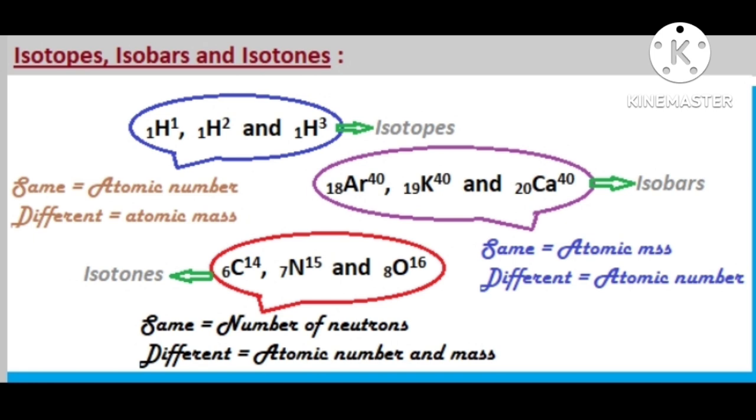For the isotopes, they have the same atomic number and they have different atomic mass. For the isobars, they have the same atomic mass and they have different atomic number. For the isotones, they have the same number of neutrons and the difference arises in atomic number and masses. We can calculate the number of the neutrons by applying the formula of the